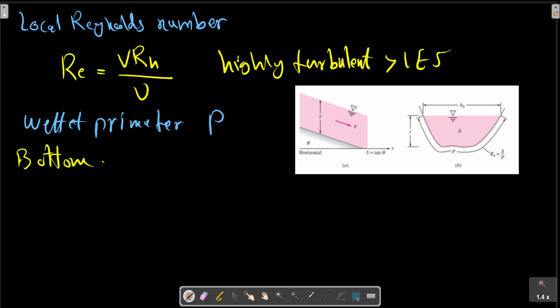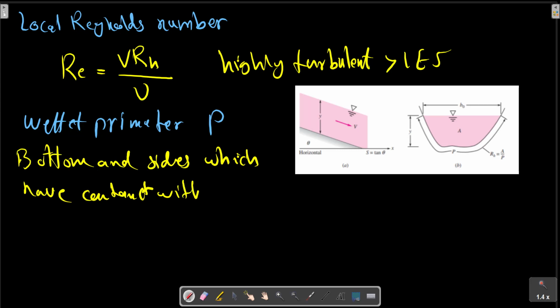Bottom and side, which have contact with fluid, this water for example. For example, in this channel we have the wetted perimeter shown with P, and P equals, for a rectangular channel,